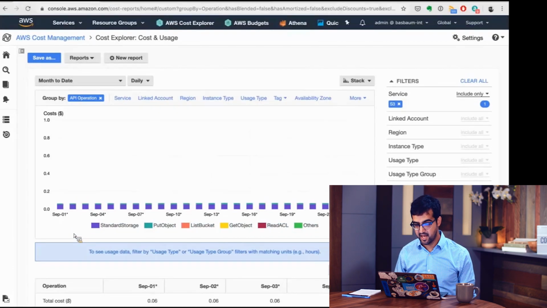S3 Infrequent Access, for example, is 45% cheaper than S3 Standard storage. So if you have objects in S3 that are not being constantly accessed, it may be a good idea to move them to the infrequent access mode. If you have a lot of objects in there and you don't know which ones you should move to this class,